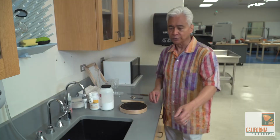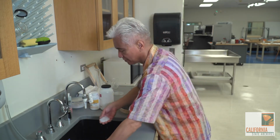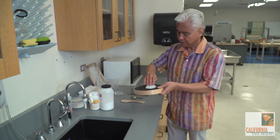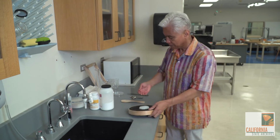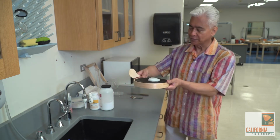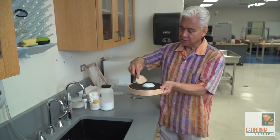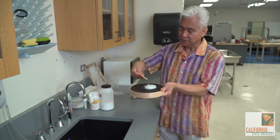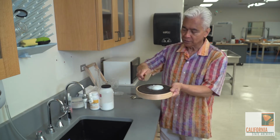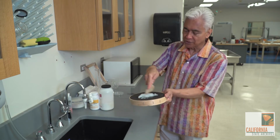Now, once it's cooled with water, I'm going to remove this and place it on this grid, which is again the top of a steamer. And this process is to remove all the lumps from the paste. So I'm going to use, I prefer a round wooden spoon. It should be wooden, but I just prefer the round wooden spoon, and I'm just going to press it